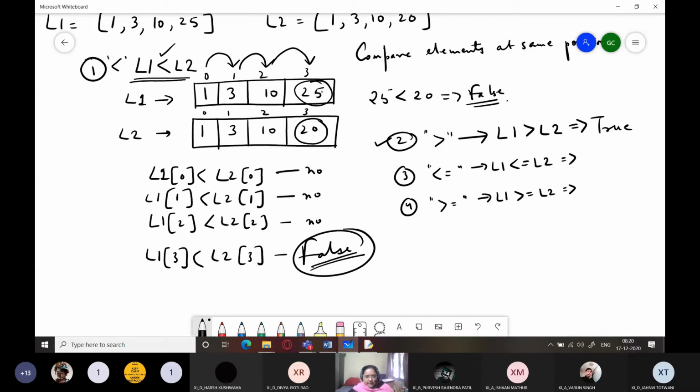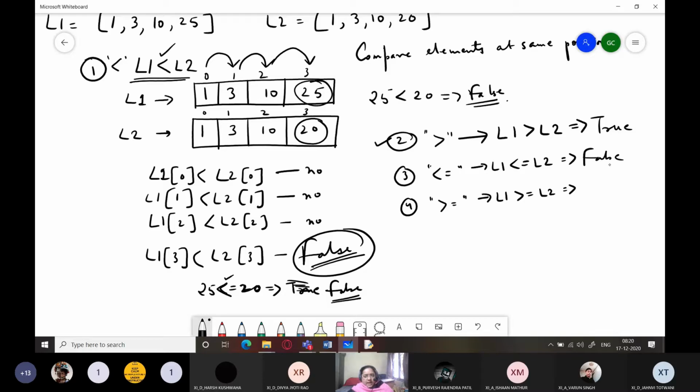Is L1 less than or equal to L2? Yes. 25, if it is less than equal to 20, what answer should you get? You will get true because it is not equal, but oh sorry, this is false. They both are not equal and 25 is not less than 20 either. So this answer is going to be what?